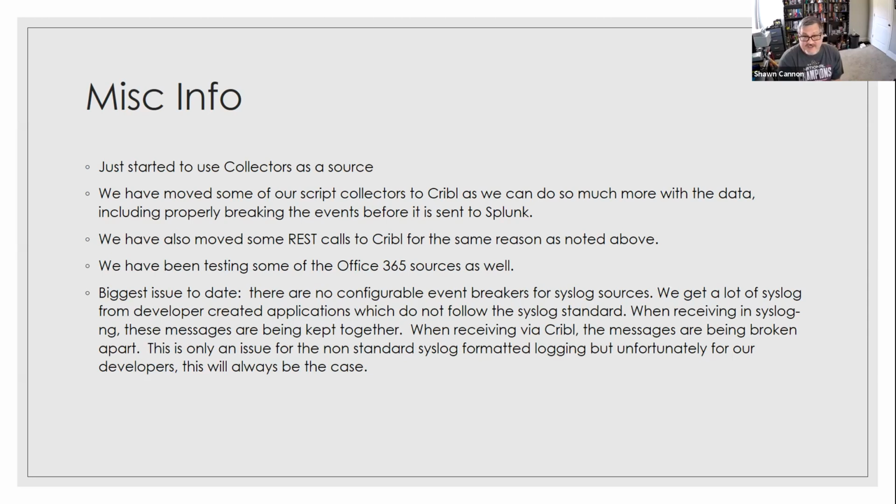I have done some testing with the Office 365 sources as well. I know the message trace one's not working right now, but that's a known issue. But I have been able to get some of the other ones working. I haven't fully moved everything over to it yet. Not sure if we will at this point, but it is pretty cool that it does do what the Office 365 app in Splunk did. It's pretty nice. And the biggest issue to date that I've run across is when syslog data is coming in,